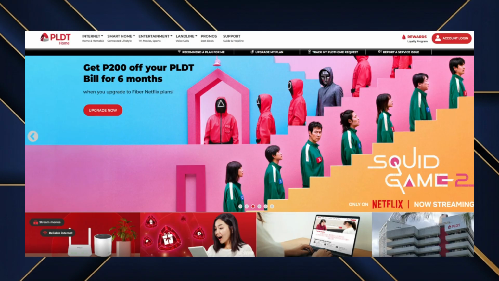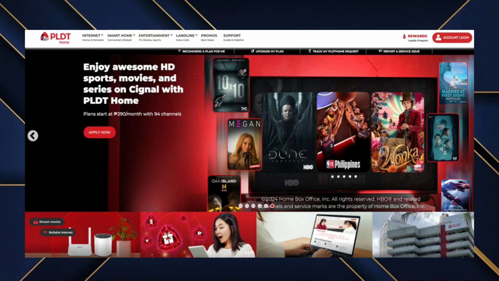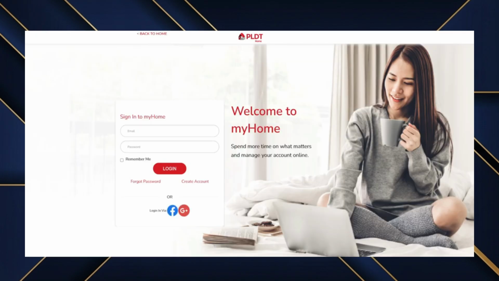To begin, open any web browser on your phone or computer and go to pldthome.com, then look for the account login option usually found at the top right of the page. After clicking it, sign in using your registered PLDT account credentials, making sure you're logging into the correct account linked